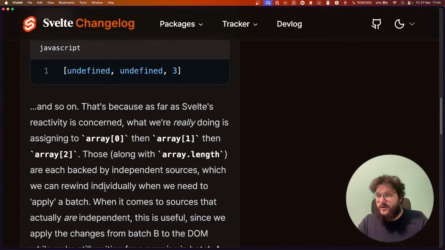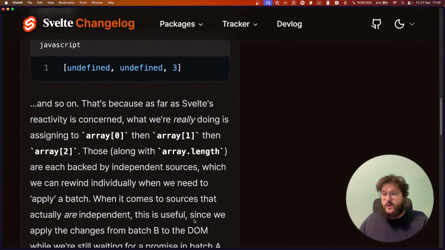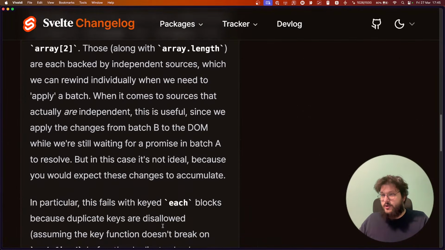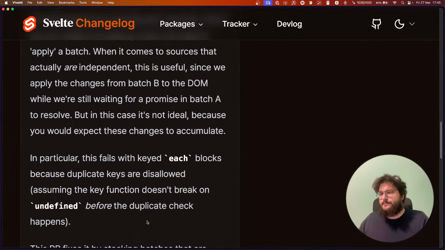Those, along with array.length, are each backed by independent sources, which we can rewind individually when we need to apply a batch. When sources are actually independent, this is useful, since we apply the changes from batch B to the DOM while we're still waiting for a promise in batch A to resolve. But in this case it's not ideal, because you would expect these changes to accumulate. In particular, this fails with keyed each blocks, because duplicate keys are disallowed.